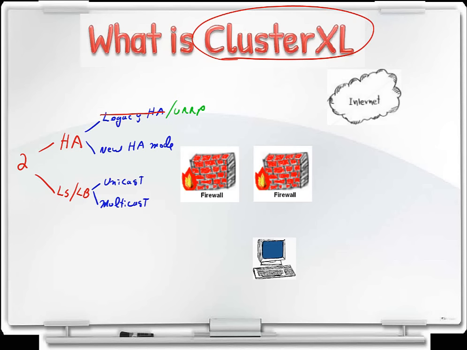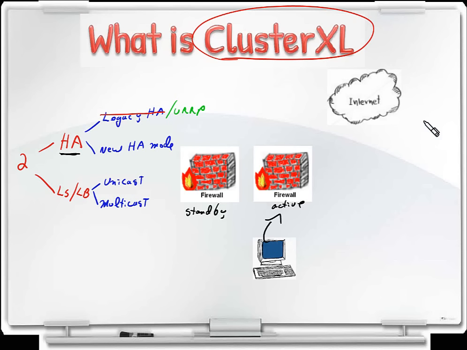Okay, so let's take a look at the different clustering solutions. Let's discuss the high availability solution. High availability solution is that you have two or more firewalls in the cluster. One of these firewalls is going to be in active status, and the rest of the firewalls are going to be in the standby status. And so the active machine, he's the one that's actually going to be processing the connections and forwarding the connections